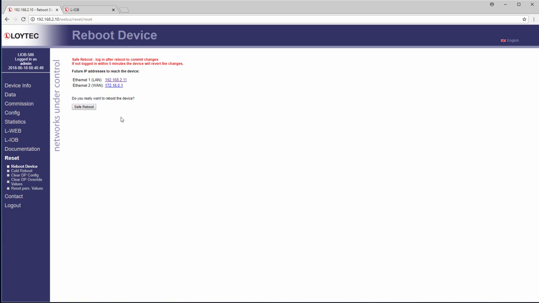After a reboot, you must reconnect to the web interface within 5 minutes, so that the previous changes on the interface are permanently saved. Otherwise, it will restart and the old settings will be applied again.